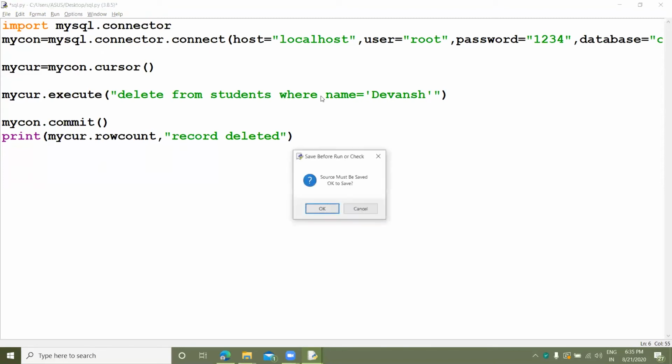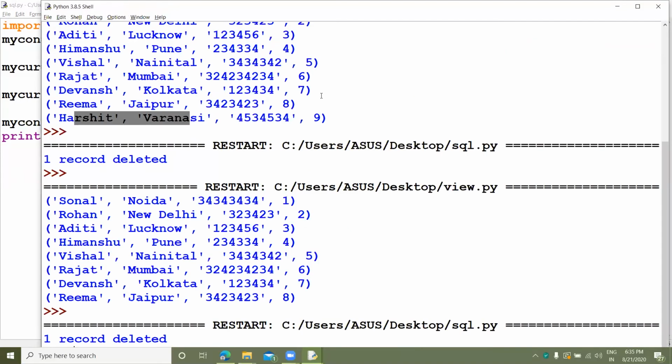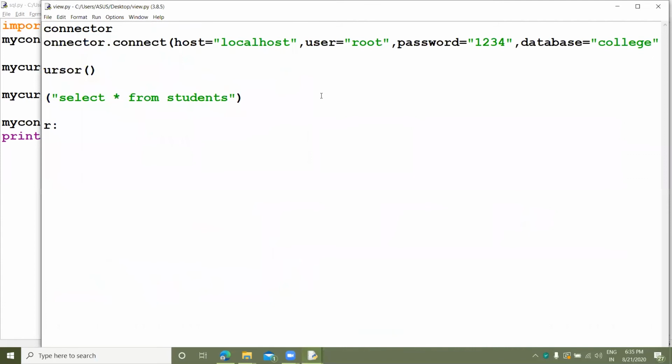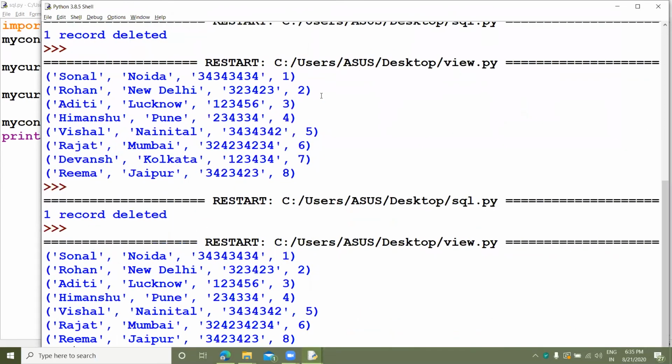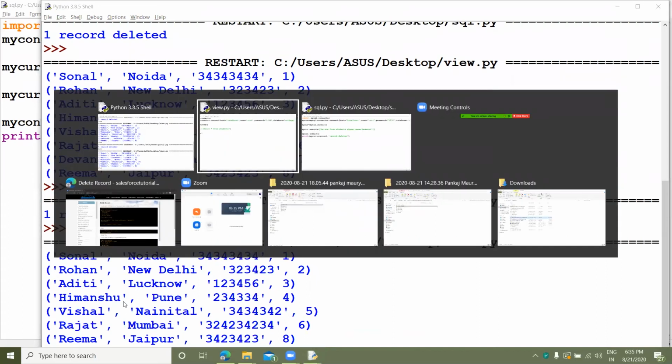Let's run this program again. You can see one record is deleted. Again we view the data. In the previous output Devans is available, but in this output Devans is deleted successfully. So if you want to delete any data, you can use this command for deleting the data.